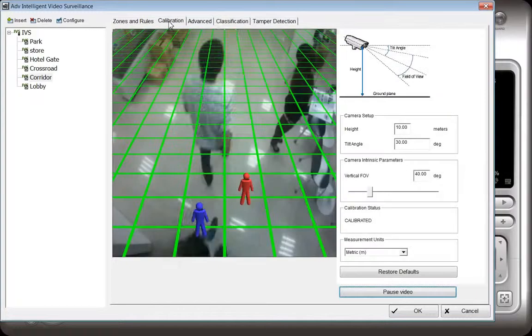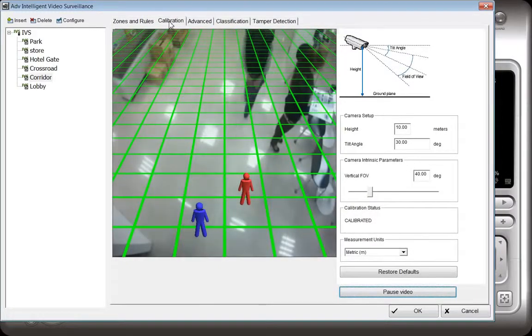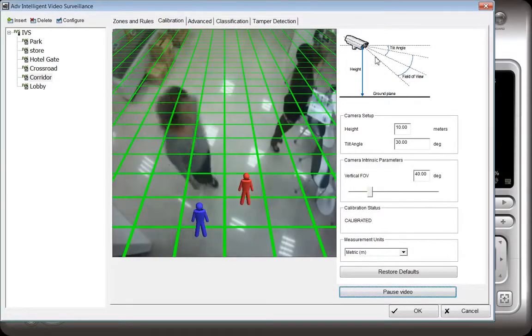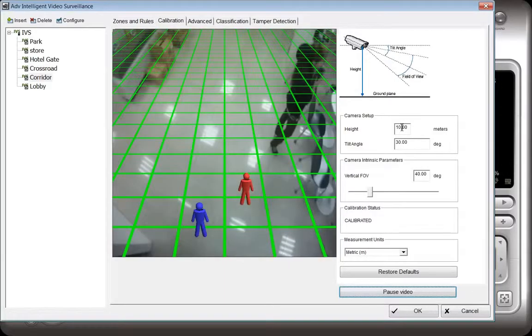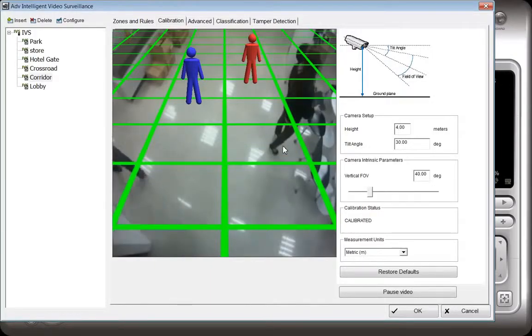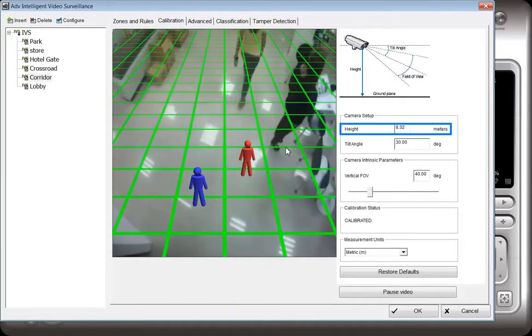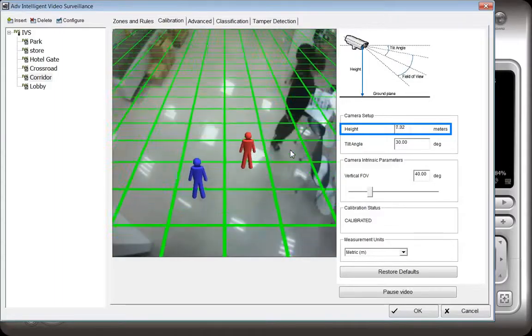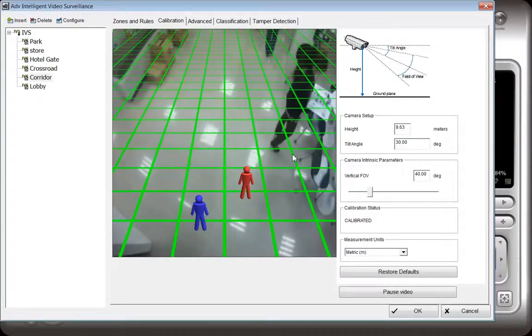Now let's see what changing these 3 camera parameters does. Let's start from the camera height. Changing the height from 10 meters to 4 meters looks like this. The camera height can also be adjusted by scrolling the mouse wheel, which also changes the values in the height box. Likewise, the camera tilt can be changed by typing in tilt angle